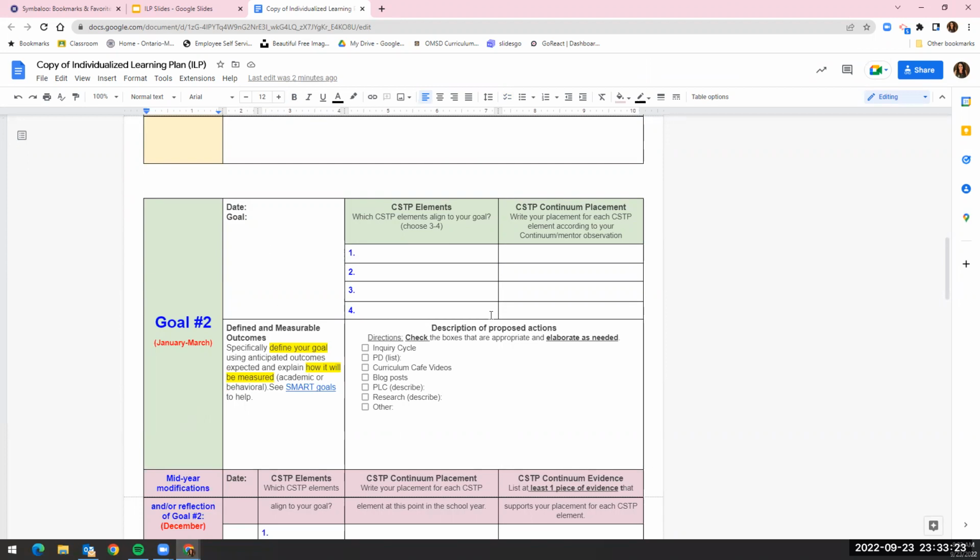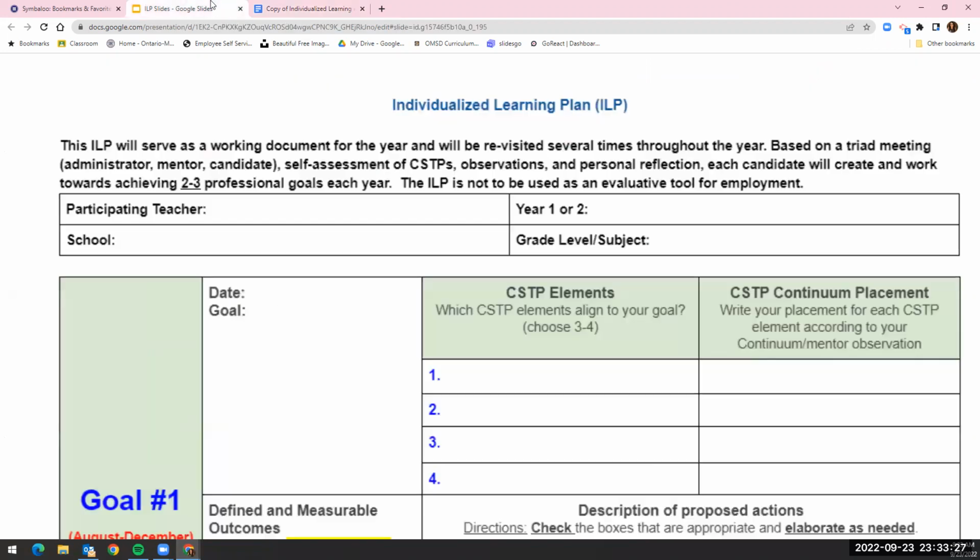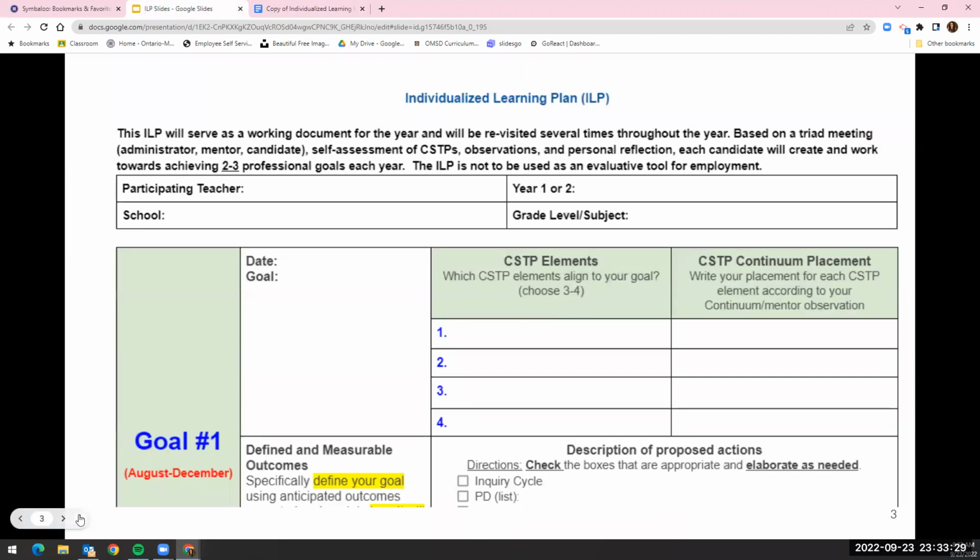So you're going to go through each of this section and do the same thing that you did above. Okay, so now